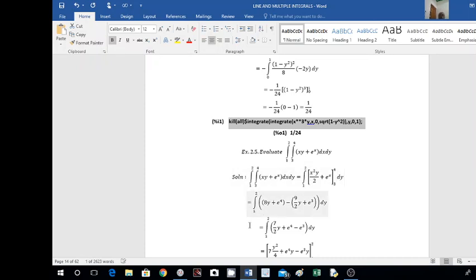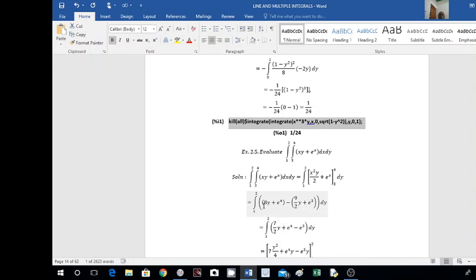Then next, integration 1 to 2, put x equal to 4 here. If I put x equal to 4 here, 4 square is 16. 16 by 2 is 8. That is 8y. 8y plus e raised to 4. So this is the upper limit value. 8y plus e raised to 4 minus, put x equal to 3 here. 3 square is 9. 9 by 2 into y plus e to the power of 3 into dy.